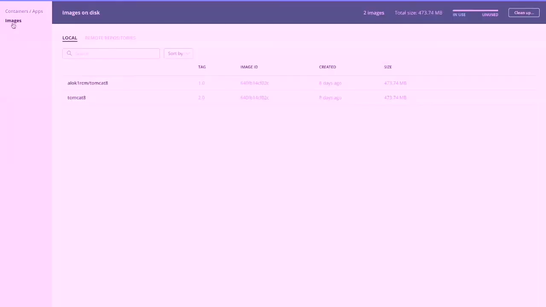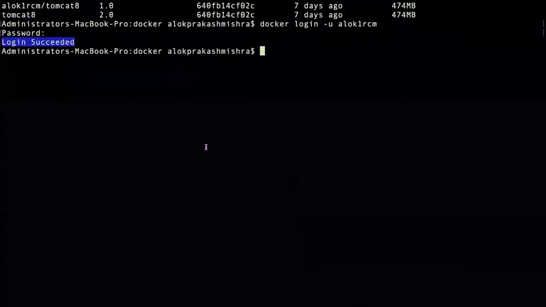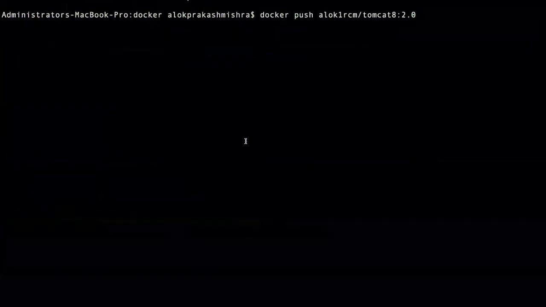No container is running. See here, in the local you have two images, 2.0, but the remote repository you will be able to see now. It will load. See here on Docker Hub, the same image that you are seeing will be present here also. Okay, so till here we are good. Now you have to push this image.